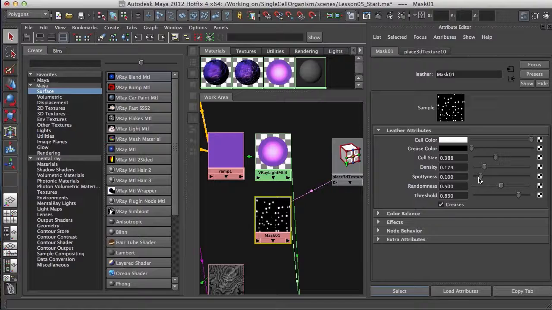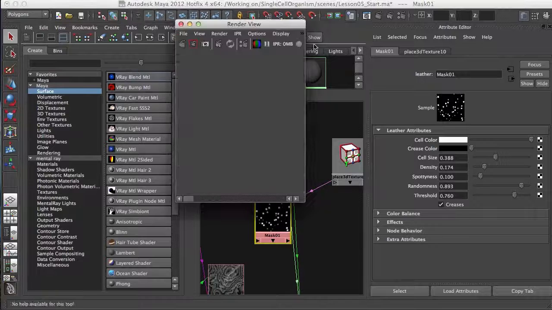Alright, for the density I'm going to go over 170. For the spottiness, I'm going to keep it. I'm going to raise the randomness just so we can get a more random look, and lower this threshold a bit. Now if we do a render now,